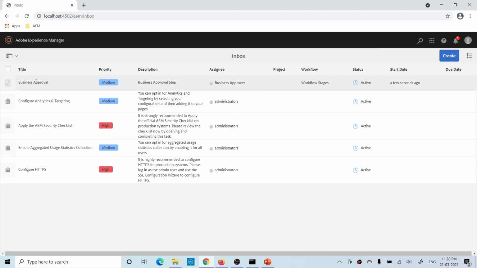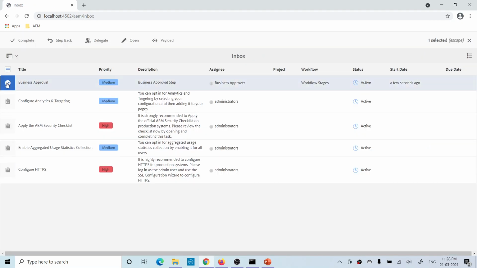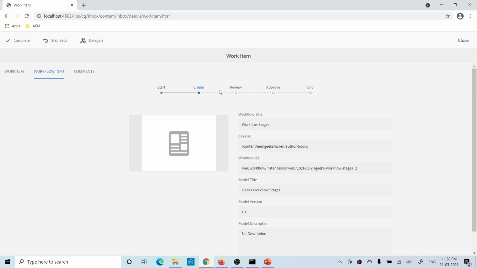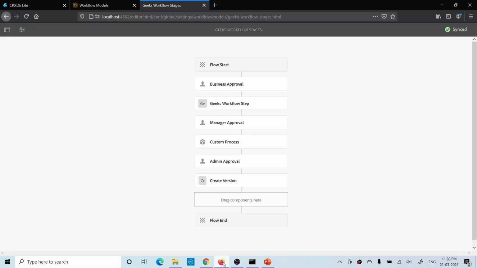You will see a task has been assigned to him. So once you click on this and open, and if you go to this workflow information, you will see a bar here showing at what stage it is right now. So it is started and it is in create state, meaning create stage, which means our workflow is executing